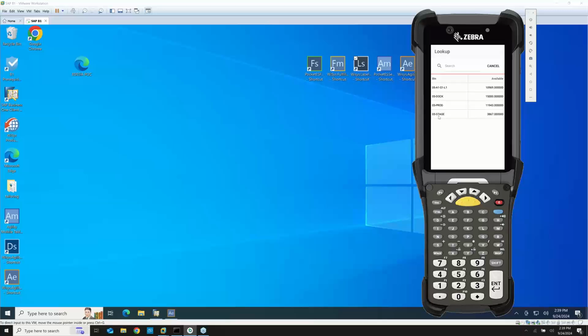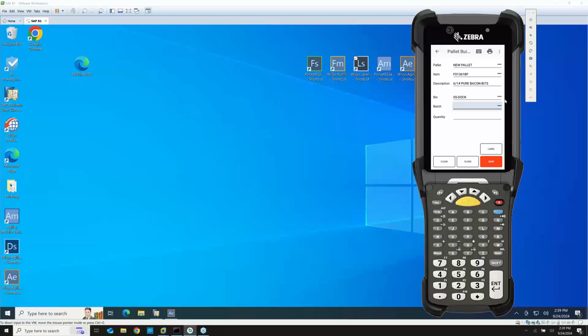We're going to take it from the dock today because we received these, but I have a bunch of these sitting at the dock, right? So I'm going to scan the dock bin, and I'm going to scan the batch. This is where we're going to eliminate the need for additional batch scans later on, and also show you the